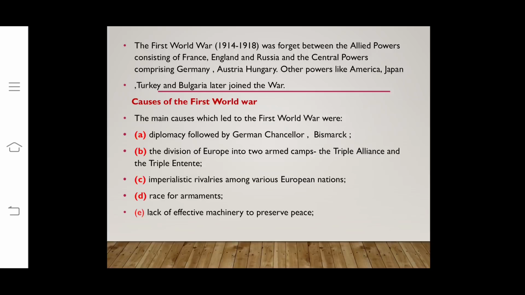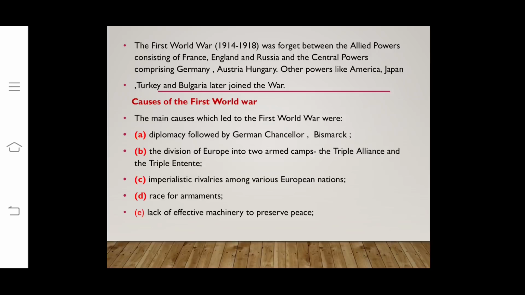Race for armaments. There was an armament race, and the peculiar feature of such a race was that if one country increased its armaments, other countries were compelled to do the same. In order to protect her colonies in Africa and a few islands in the Pacific, Germany began to build a powerful navy with a view to achieving parity with Britain. The Germans dug the Kiel Canal deeper so that battleships could enter its water. Britain and France were concerned with Germany's growing military strength.